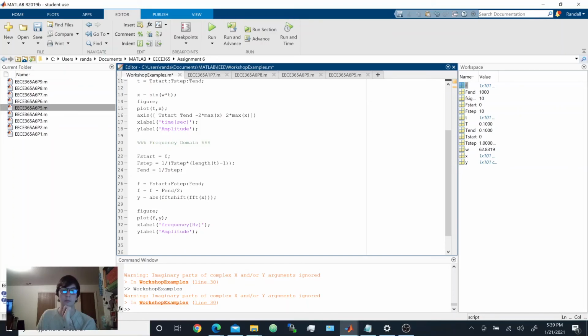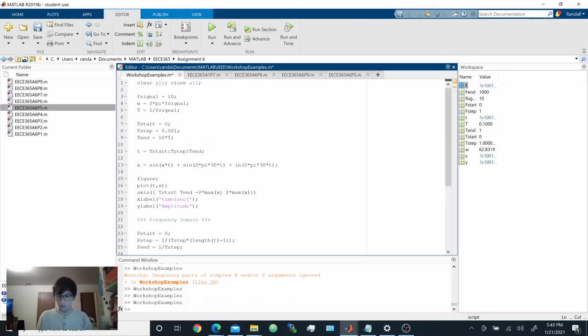Now I'm going to add in more signals. Actually, I could do it right here. Let's say we have a sinusoidal function with a frequency of 10 hertz. Well, let's say we have another one with a frequency of 2 times pi times, I don't know why I put 8, times, let's put 100 hertz. Is that going to give me issues? Let's put 30. And then, oh, I need time, not the omega. Let's carry that over. Let's add in another signal. Let's put 50. So now, if we run this, just for fun,